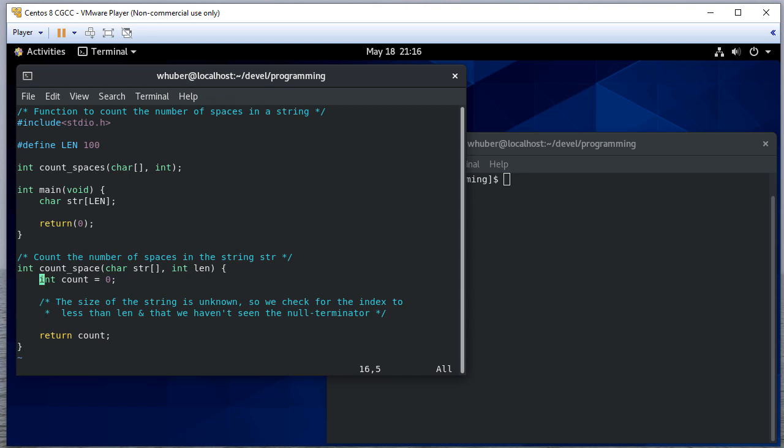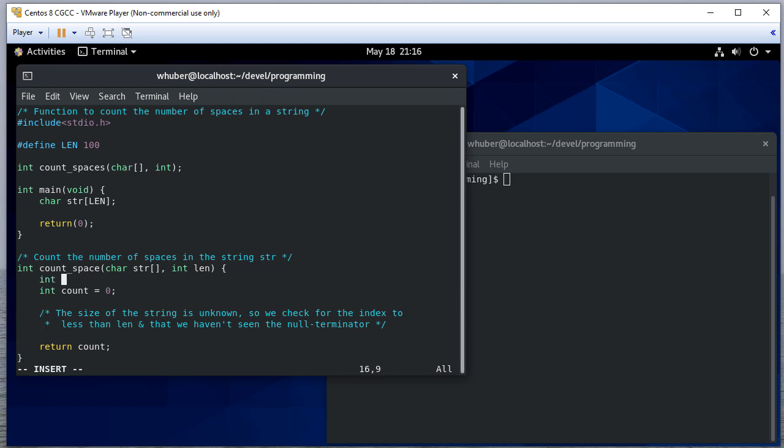So let's create an index. We'll initialize that to 0. And while index is less than the length that was passed in as a parameter, and while the character at index in the string is not equal to the null character,